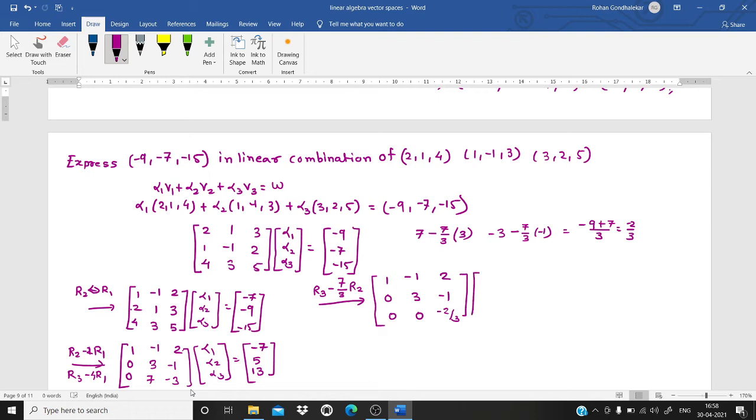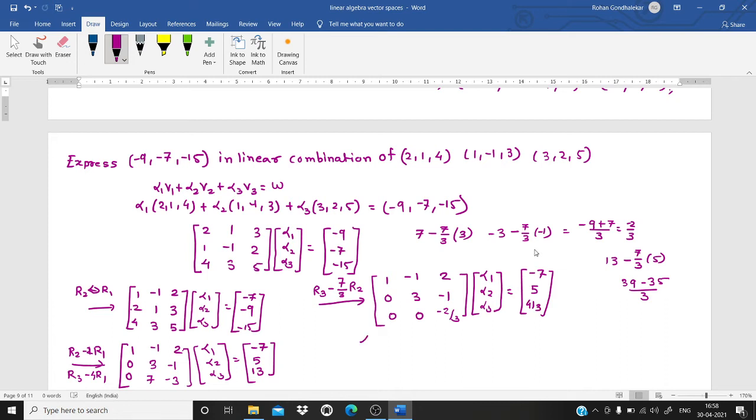Clear? So we have alpha 1, alpha 2, alpha 3 is equal to minus 7, 5 and then 13. Okay, this 13 has to be changed. Now what is the change? See, here the entry is a 13. We are going to subtract 7 by 3 from it, and the corresponding entry is 5 here. So 13 3s are 39, minus 35 upon 3. So 39 minus 35 gives me 4. So my answer is 4 by 3.